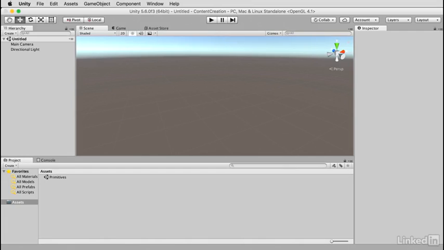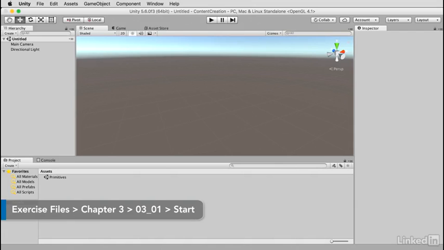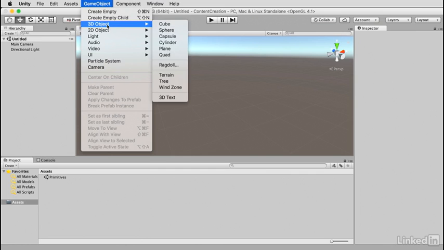In this movie, I want to consider some additional assets that come with Unity that we can add to our scenes. You can see that by moving to the Game Object menu and choosing 3D Object, we can add some basic primitives to the scene. But this really isn't very much at all: cubes, spheres, capsules. For as far as these go, they're absolutely fine, but it would be great if we can get some additional content. And thankfully, Unity ships with an asset package that we can install into our scene to give us access